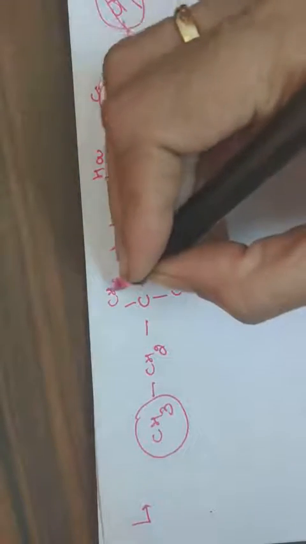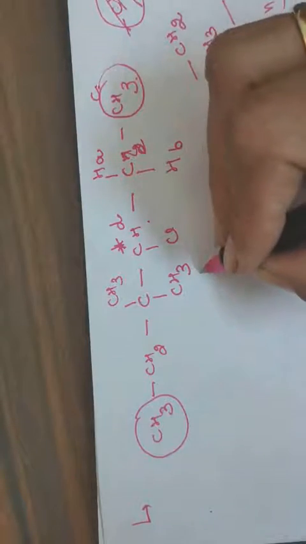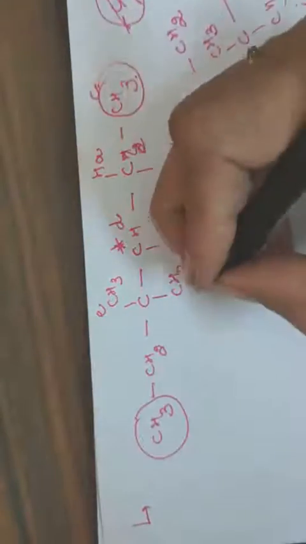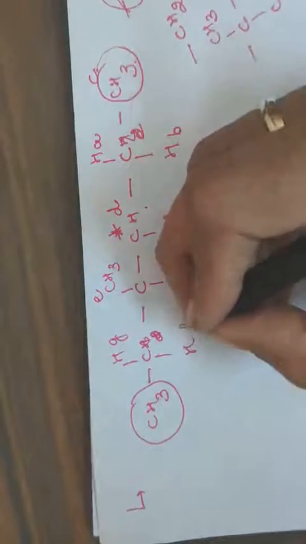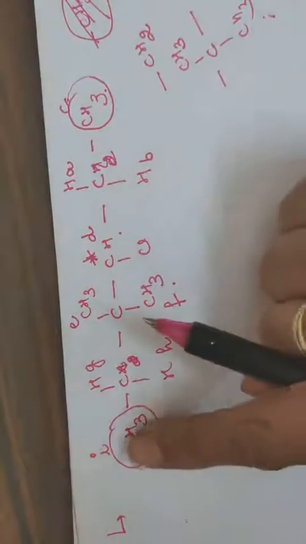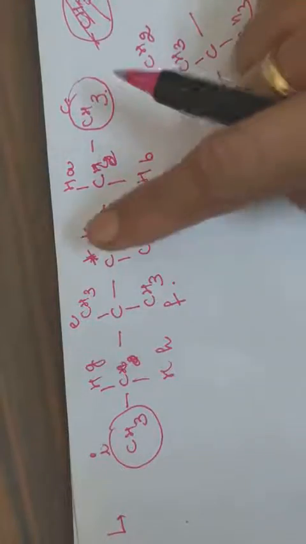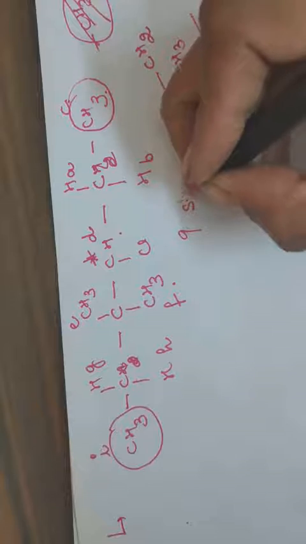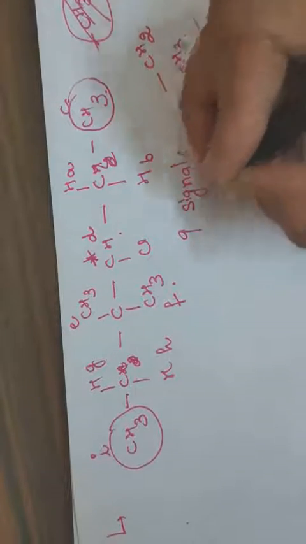Now you have to decide about this methyl group and this methyl group. Since a chiral center is present, this methyl group will be different from this. A, B, C, D, E, F. And these two, G and H, and this is I. How many types of protons? 1, 2, 3, 4, 5, 6, 7, 8 and 1, 9. So how many signals in the NMR spectrum? 9 signals.